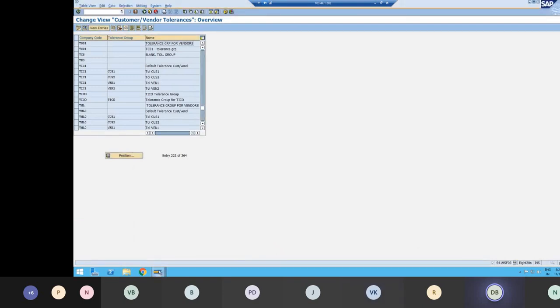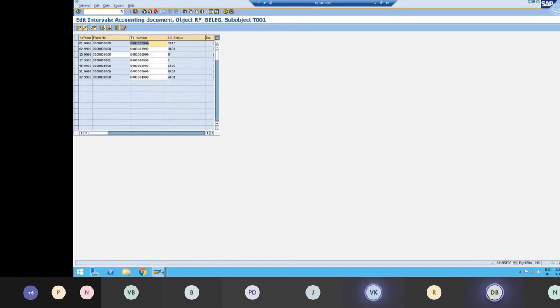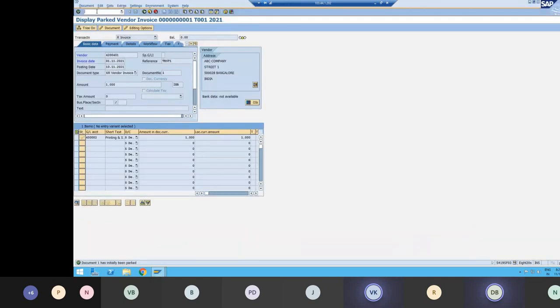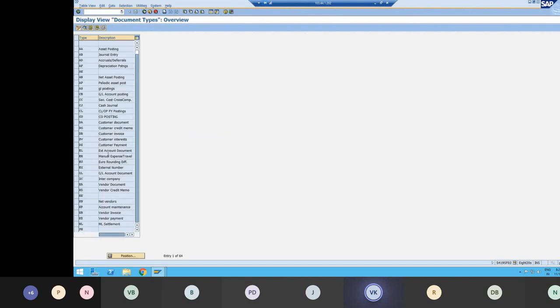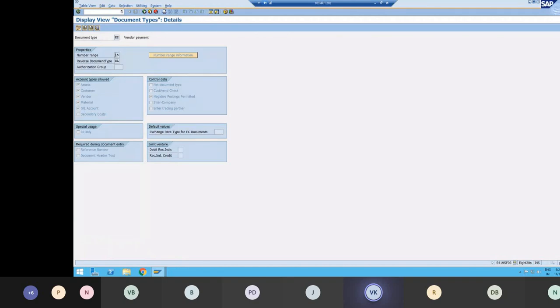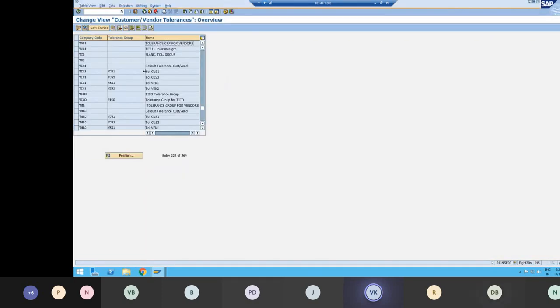The first screen. Okay, I'll just share. If I go back to payment, the transaction code for payment was F-53. Here you can see the document type. So what I did, I went to OBS7. OBS7 is the transaction code to see the document types. So KZ. I selected KZ. When I select this KZ and click on details, it shows us the numbering is 15. So I clicked on this numbering information. Yes, from there I understood, sir.